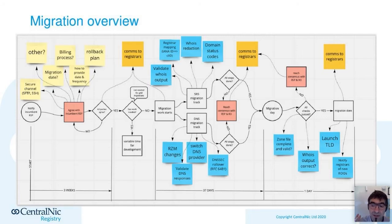We know that, for example, we have a typical billing process that is deviating from most of what other registry operators do. So how can we account for that? How can we make sure that we provide a consistent billing to the registry operator, but also that it is clear to the registrars on how this will be dealt with? And as you can see there, you have three times a green sticky with communications to the registrar. I first had it on one sticky with multiple arrows, but I just wanted to highlight this is the key thing about the migration, making sure that everyone is aware of what is happening and when